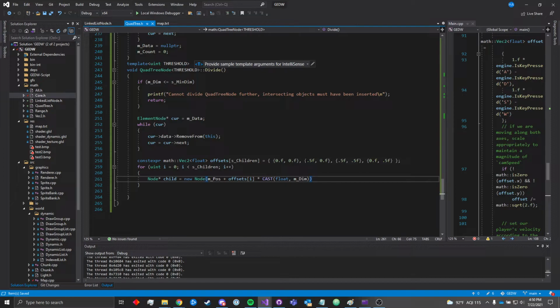The reason it's 0.5 instead of 1 is because each of these quadrants will be a quarter the area, but half the length of our parent quadrant. So that's why it's 0.5. And then dimension will be our dimension divided by 2, and then the parent will be this. Okay, now for each child,